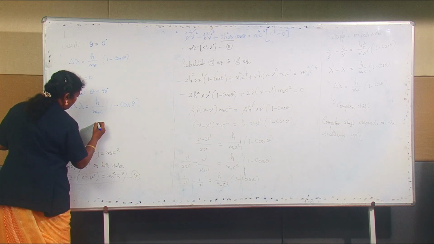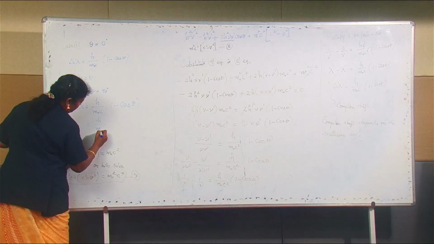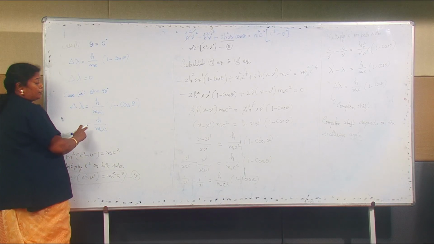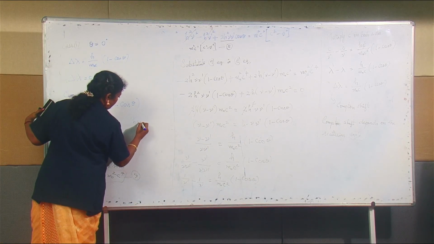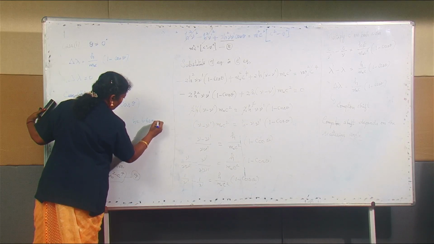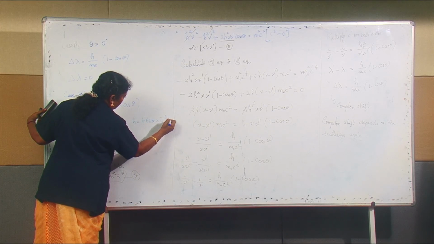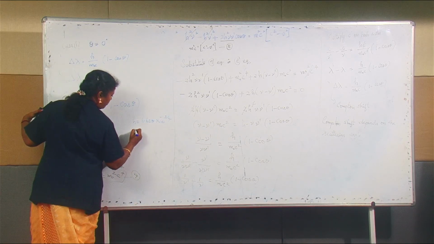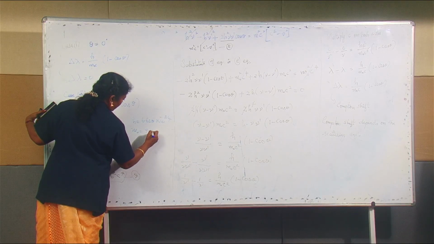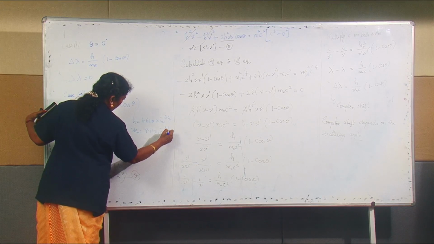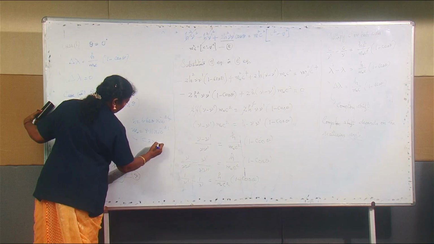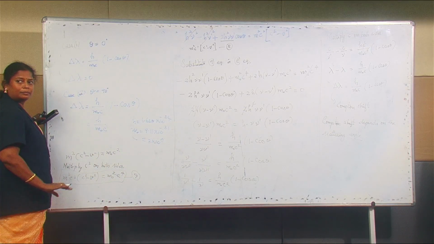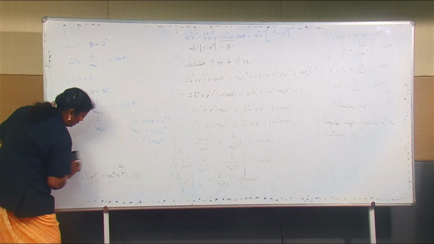So we get the answer h by m naught c. If we substitute the values, Planck's constant h is 6.625 into 10 power minus 34, mass is 9.11 into 10 power minus 31, and c is 3 into 10 power 8. The answer will be